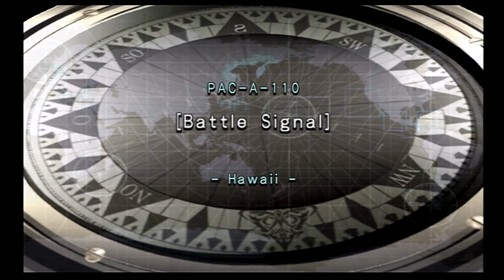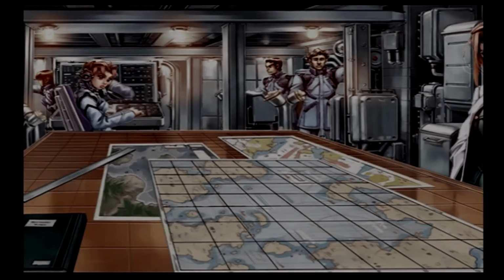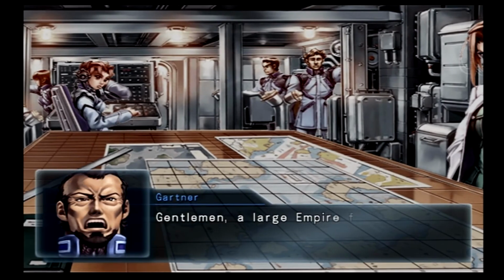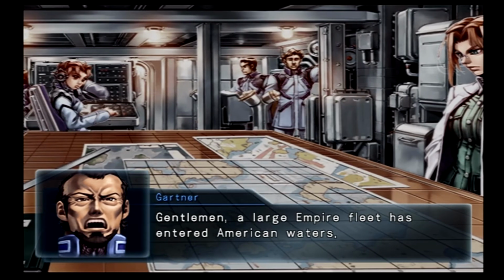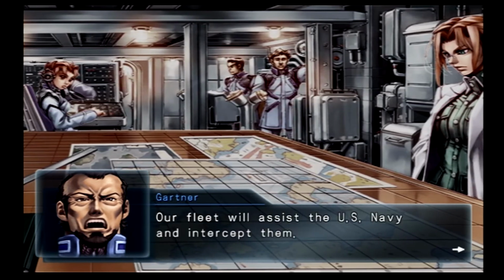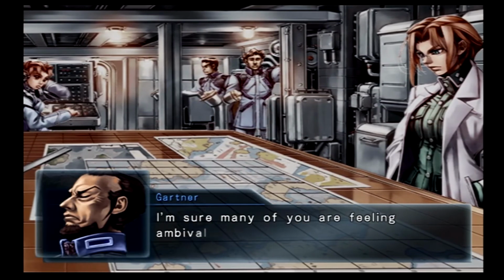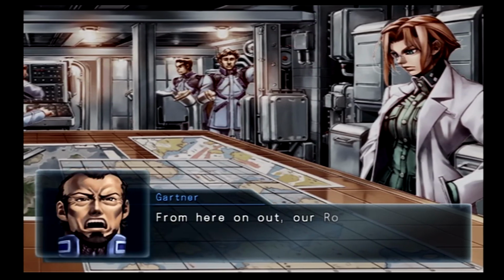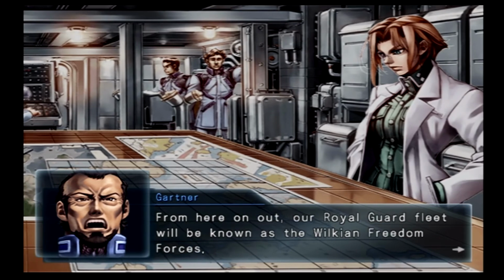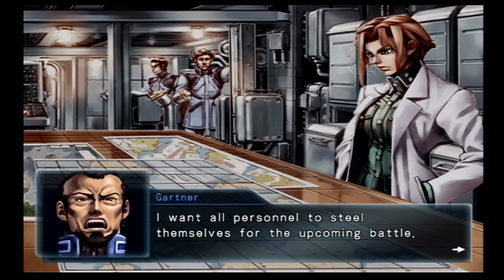Battle signal. I'm trying to remember. Oh, yes, I remember this one. I remember this mission. Ugh. Any good parts in this mission? 110. A rank gets you an EM Shield 4 on EL2. Our fleet will assist the US Navy and intercept them, so we got an American involved. Well, we didn't get America involved. They would have been involved eventually, one way or another. This is effectively a world war going on in this game. I mean, not effectively, it literally is, but...